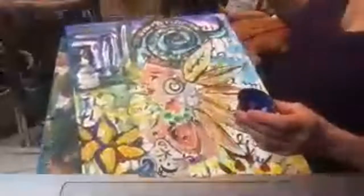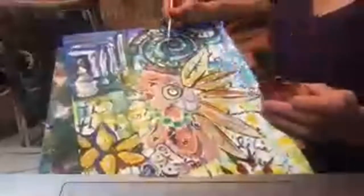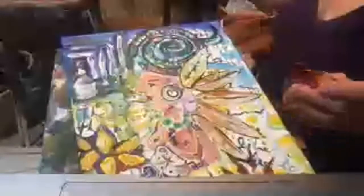Okay, I want to work on the snake back on the background. So here we have what would really bring this out. What would bring out the snake? I'm going to use a totally different color. Why is this so hard for me? And as you're painting,